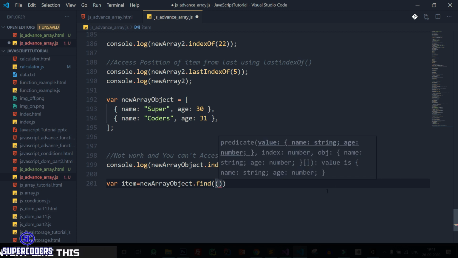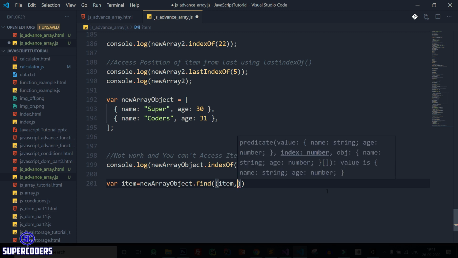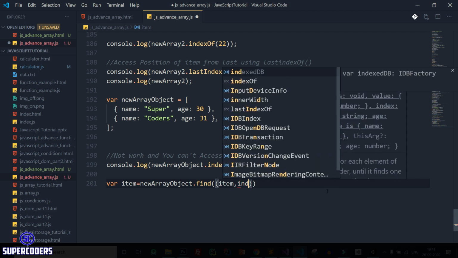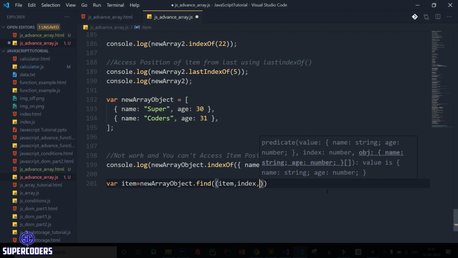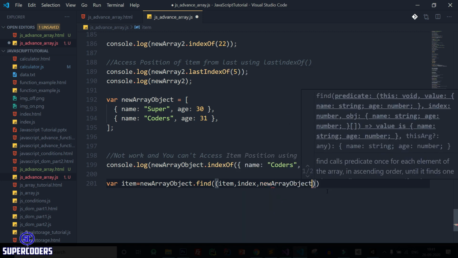First we need to create a function which is an arrow function. After that we need to add parameters. So first item, then we need to add index, then we need to pass the array object, so new array object.